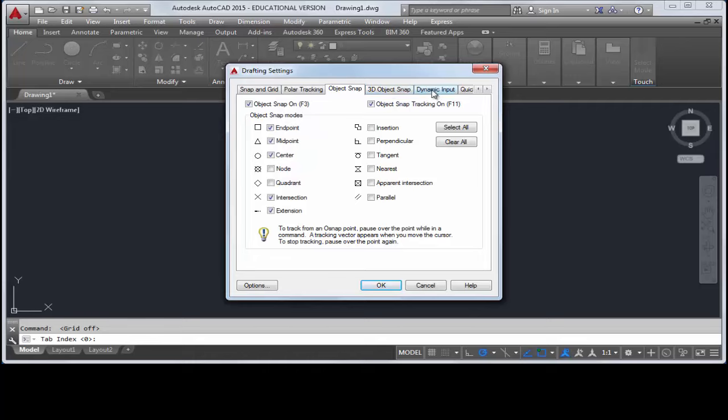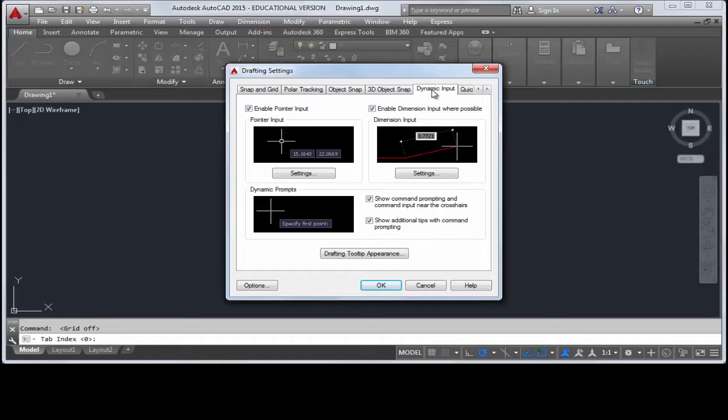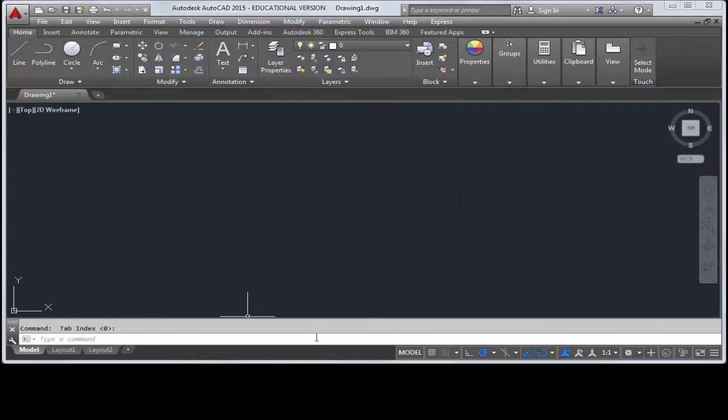The Dynamic Input tab is where I'm going to be able to turn off the dynamic input, the information that is appearing next to my cursor. I'm going to do that by clicking in the boxes and removing those checks. Now when I start the line command,